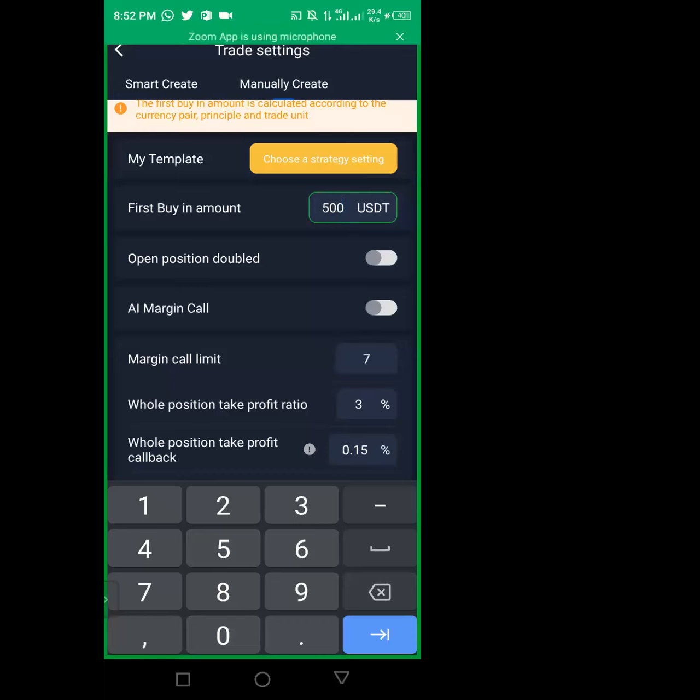So you start with 500. If your trade capital is 1,000, you want to enter this, and you have seen that the coin is on an uptrend, because most of the signals you'll be entering will say only your first buy amount. If a coin is pumping and they give you the signal, and anything you set here, if you have 500 and you are afraid and you put 15 and you set 3% and you save,